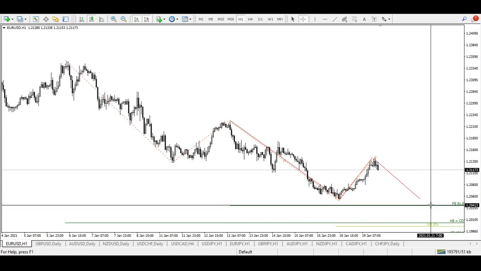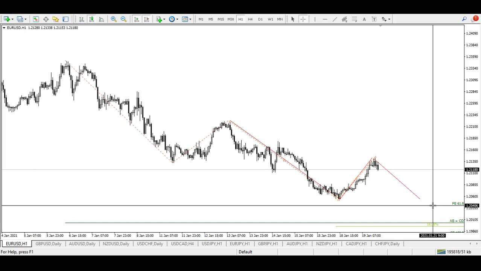So this is 1.2141. I have decided to exit half of the position at 1.2140 plus 1 pip, where 1 pip is the spread. Obviously this is a sell position, so we have to exit at the ask price. So we have to add the spread to this price, because the price shown on the chart is a bid price. So 1.2141 or 42 is the target, but I have still taken my target 2-3 pips nearer, because I